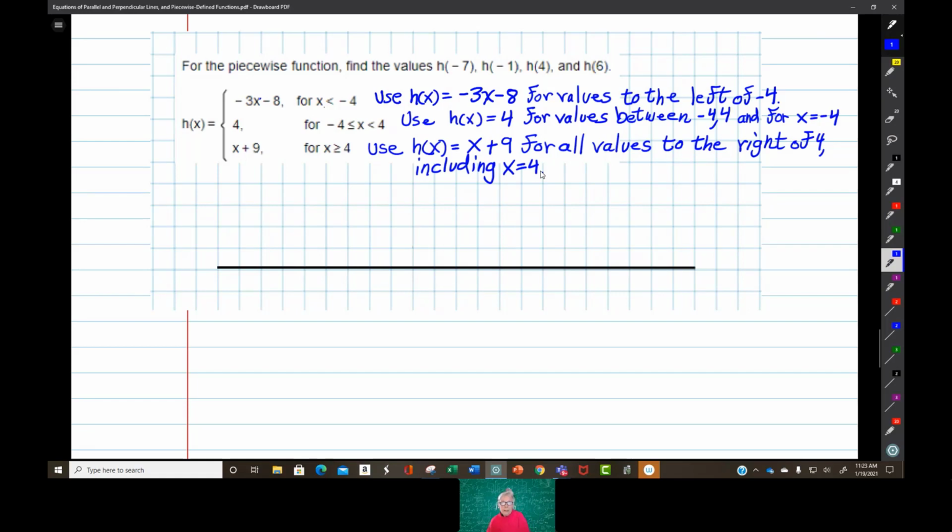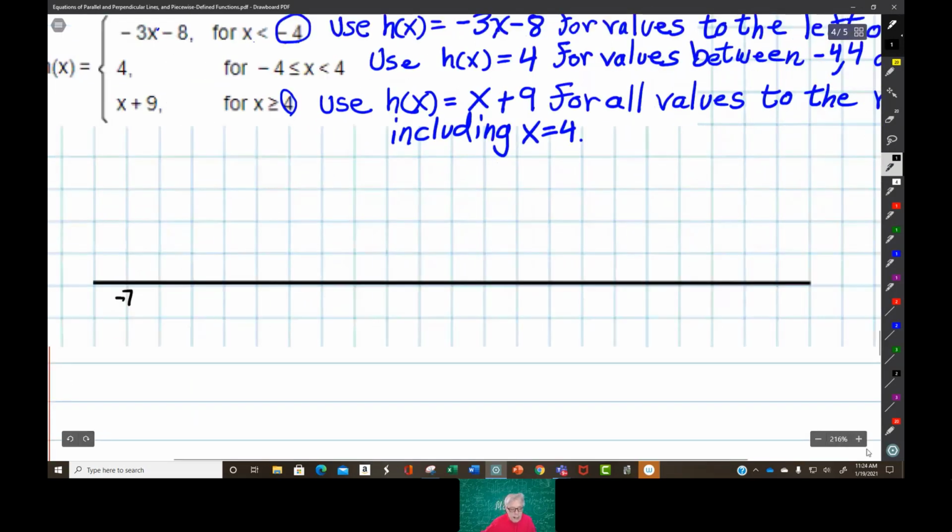So now we have to know where these numbers are. We have to find -4, and we have to find +4. And here they are again, -4 and 4. So a lot is going to depend on the numbers I find. Let's start at -7. Let's let -7 be here. -7, make this bigger. Okay, -7, -6, -5, -4,